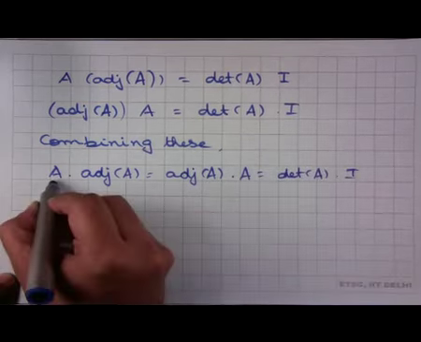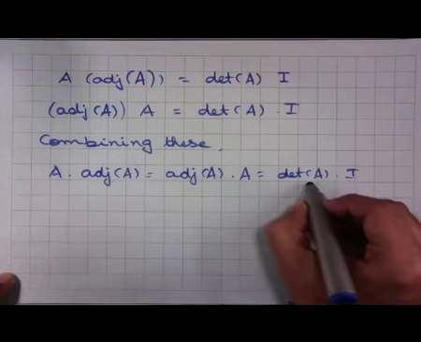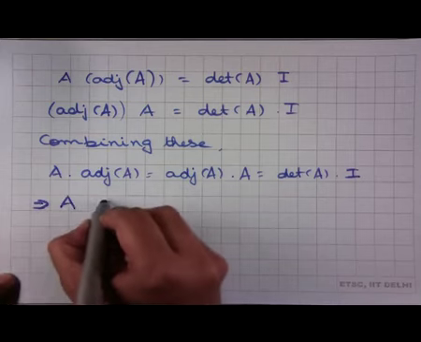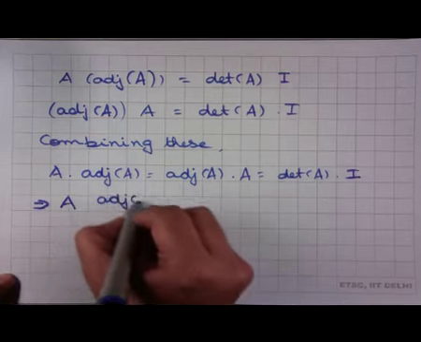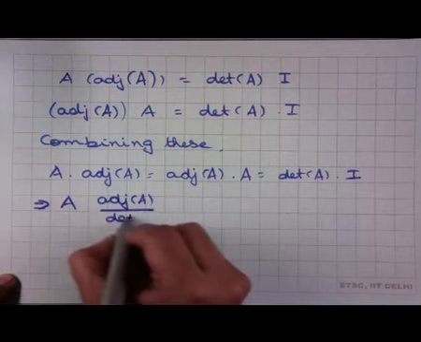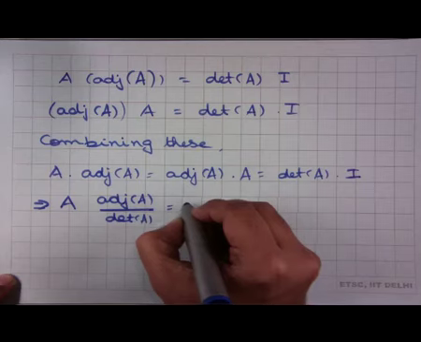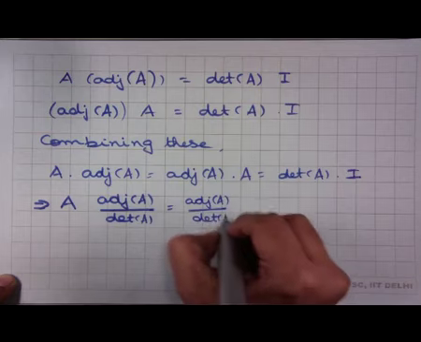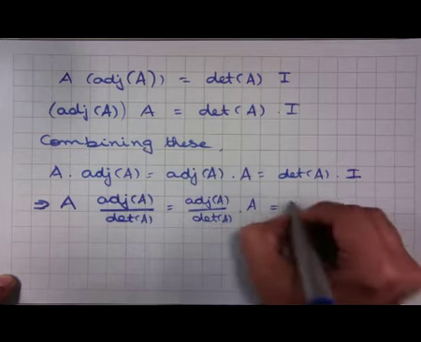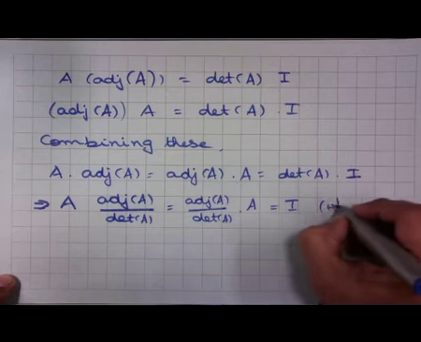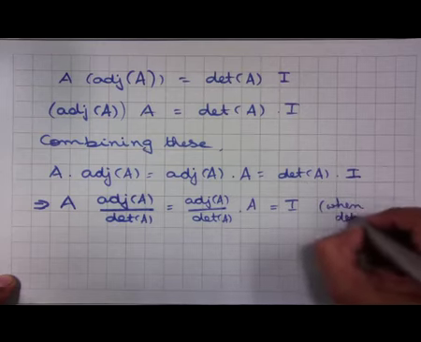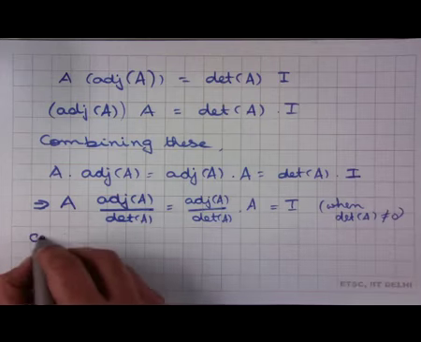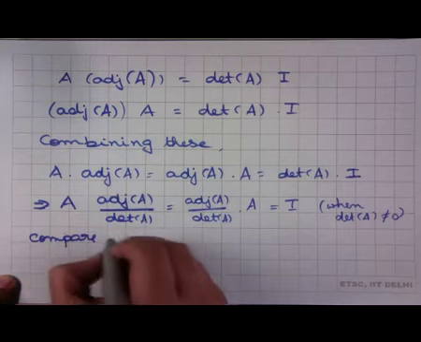So, here A is a 3 by 3 matrix, adjoint of A is a 3 by 3 matrix, this is a scalar, this is a 3 by 3 matrix, or in other words we can say A times adjoint of A divided by determinant of A is equal to adjoint of A by determinant of A times A equal to I, and this we can write down when the determinant is not 0, right. And if we compare with